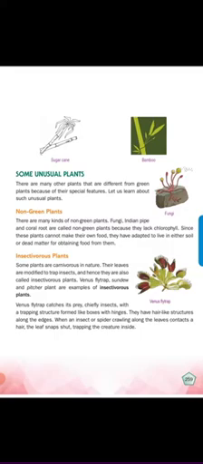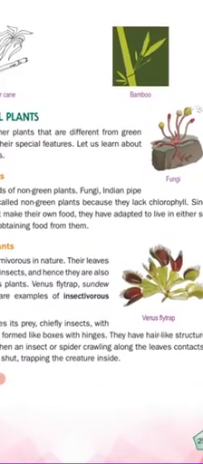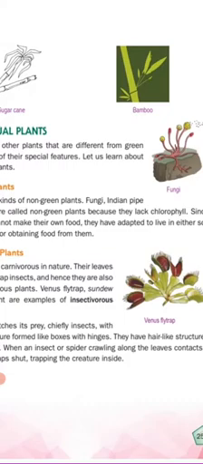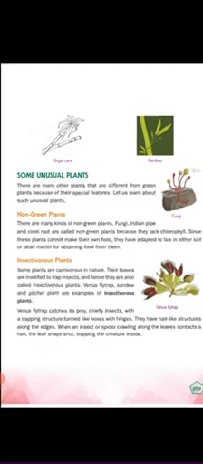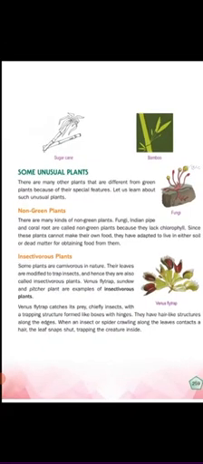So what are non-green plants? There are many kinds. For example, if we didn't clean the water for a long time, what can we see inside that water? Fungi. We say it has moss. Yes, that is called fungi. So Indian pipe and coral root are called non-green plants because they can't prepare their own food with chlorophyll. They will take water from the soil, or else they grow in unwanted land. They are called non-green plants.